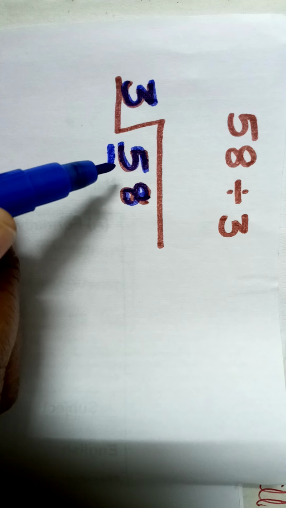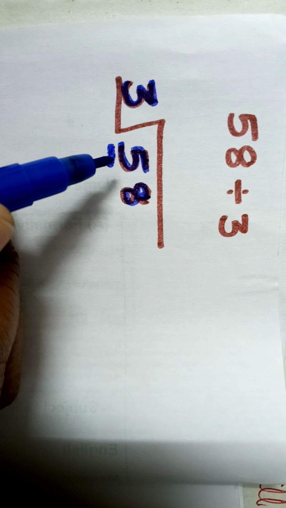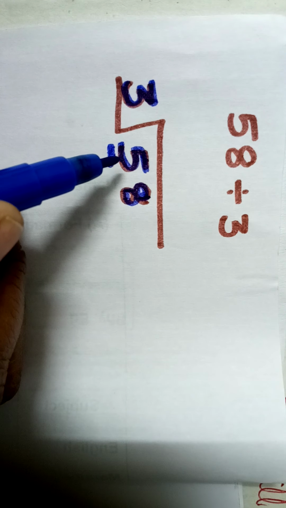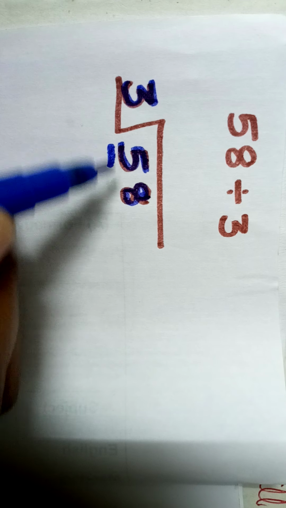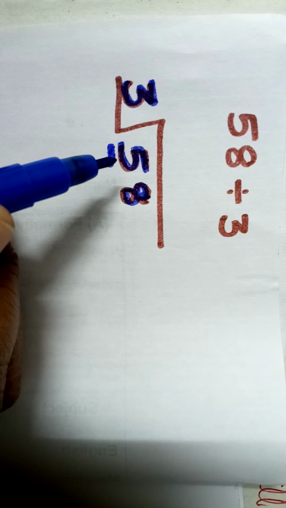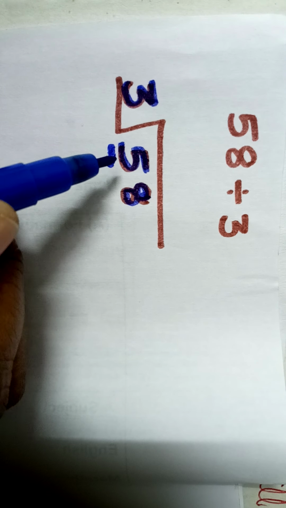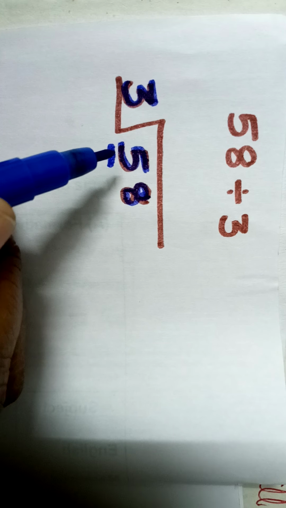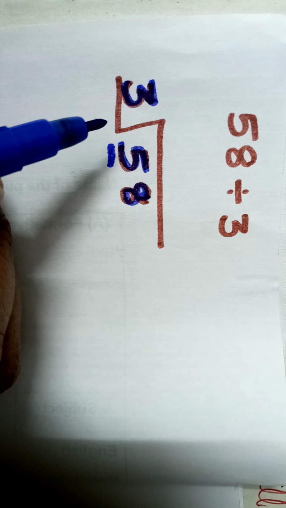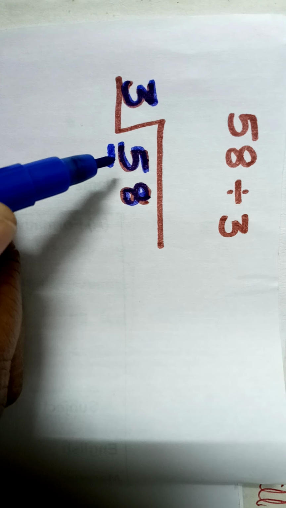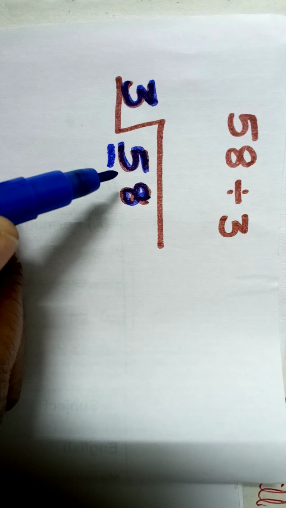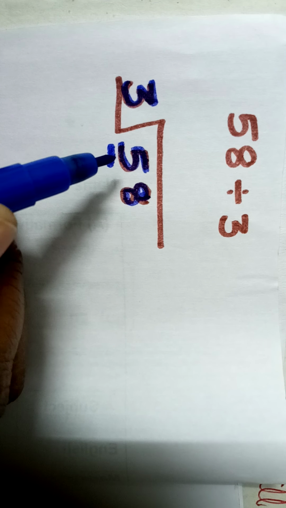So when you divide one digit at a time, what is the first digit here? 5. 58 full को divide नहीं कर सकते हम. We cannot divide this 58 fully by this 3. So we have to divide 58 by one digit at a time. Why can we not divide 58 fully at one time by this 3? Because this 5 is bigger than this 3. So we will divide 58 by dividing one digit at a time.